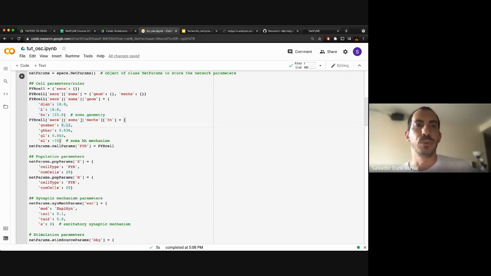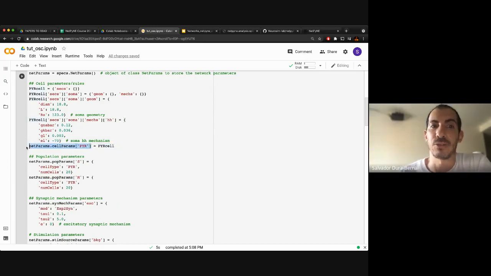I then go on to mechanisms. So I use, again, the same hierarchical structure: the inside sections, the soma, the mechanisms, and I add this Hodgkin-Huxley mechanism. See how it's slightly different from how we saw it before, which was the whole dictionary in one go, with opening all these parentheses and closing. Here we're just doing it bit by bit, the same overall effect at the end. So we add the Hodgkin-Huxley, the 4 variables, and then what we do is add this dictionary to